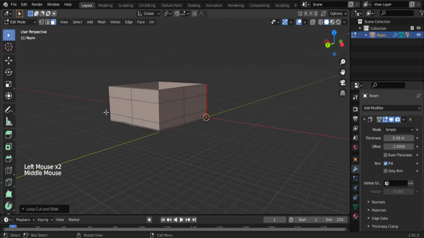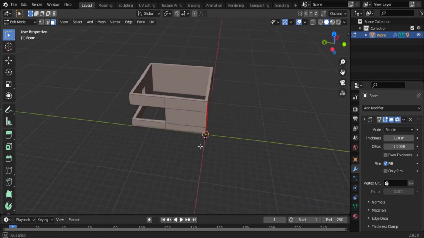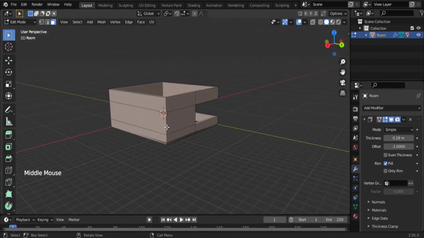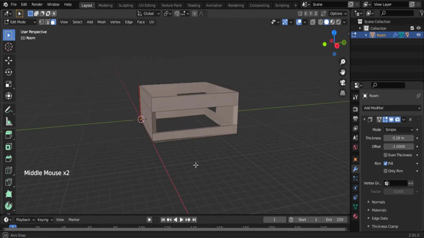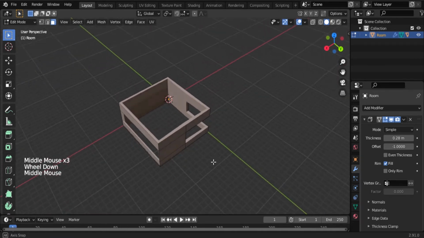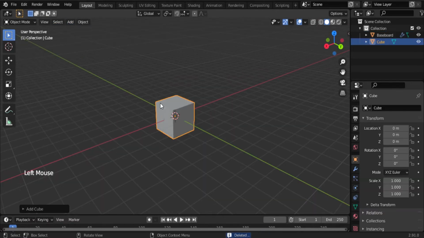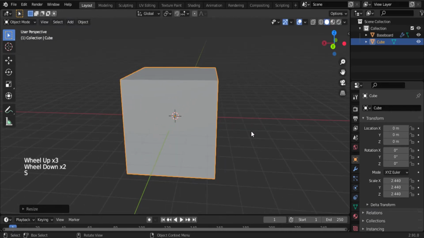And press the face selector and select two faces and press the delete button on the keyboard and delete the faces. Now select another face and delete the face. And go to Add Mesh. Select the cube and scale it